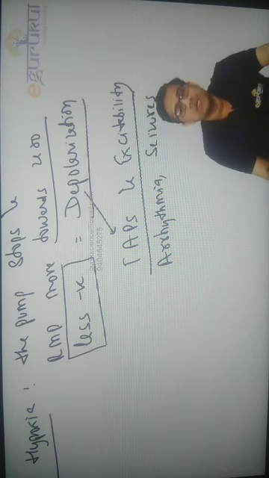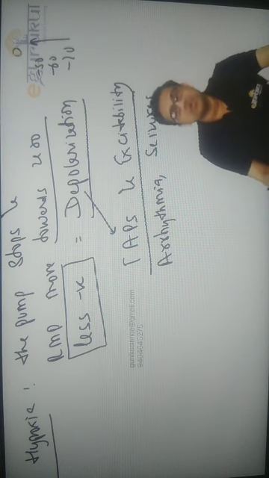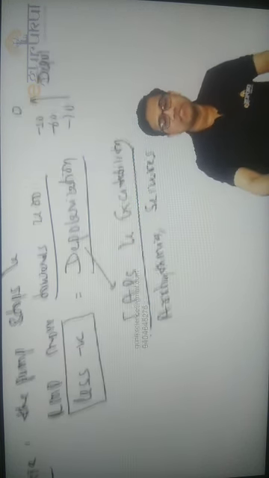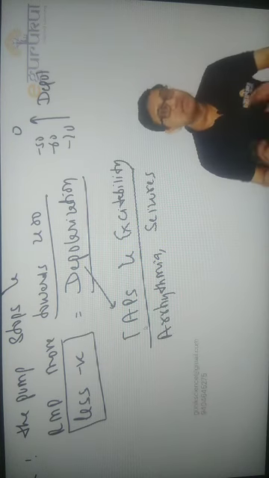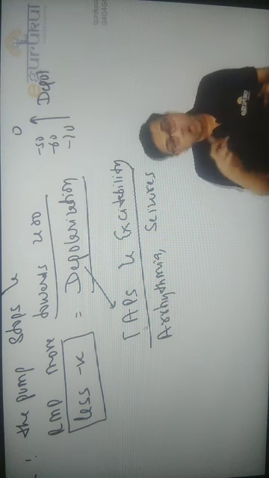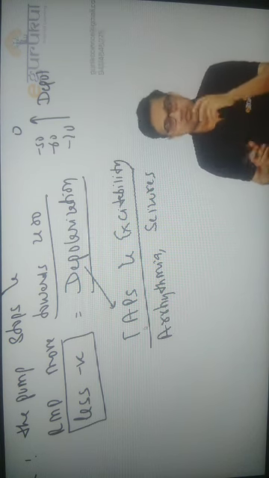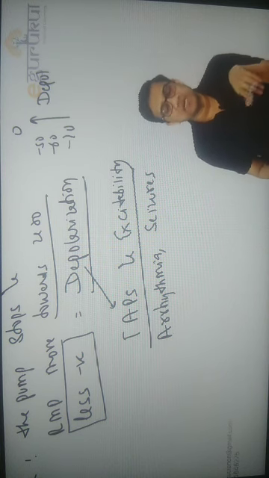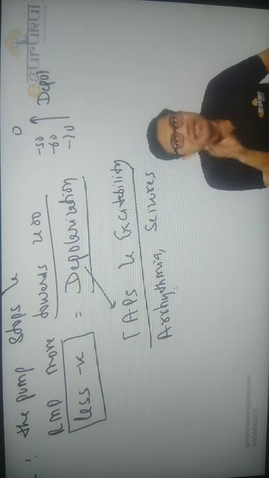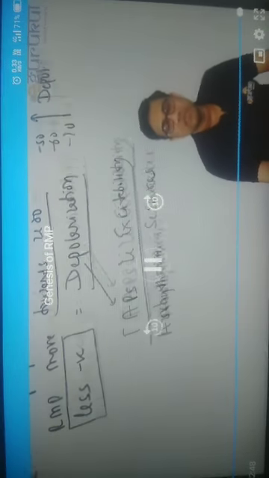Understand this. Why? Because the pump will stop and the RMP will not remain at -70. From -70 it will go to -60 and ultimately towards zero, and that is called depolarization. Depolarization generates more and more APs. The APs will eventually stop once the ATP is over, that is, the person is dead, the neuron is dead, or you stop supplying the blood flow. But at the time of this ischemia, there might be increased firing. That is why hypoxia is a risk factor for arrhythmia. So remember, hypoxia and ischemia can create arrhythmias and seizures. That is a very important point in this case.